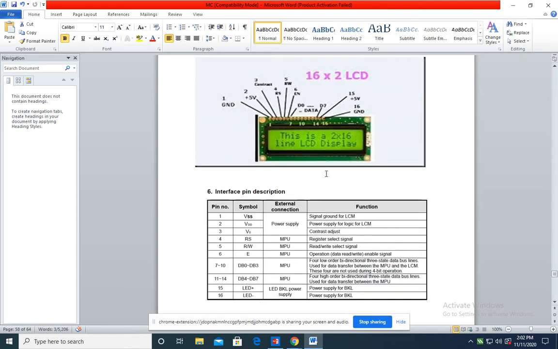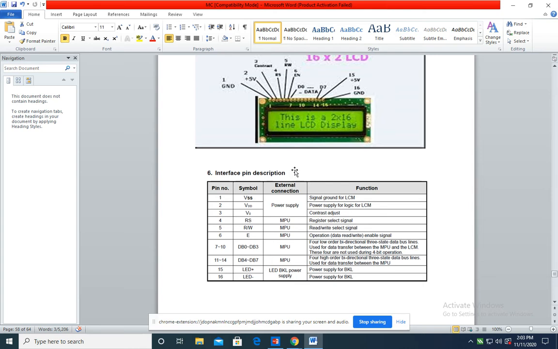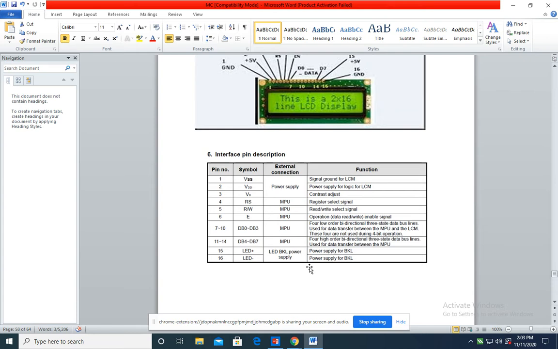So we will see which pins are there for the LCD to interface with 8051. Here you can see a total of 16 pins are listed. We will start with the first two pins that are very important because these will run your LCD. One is VDD and the second one is VSS. In some cases they are called VCC and ground, depending on the manufacturer. VDD should be connected to plus 5 volt and VSS should be connected to ground terminal.